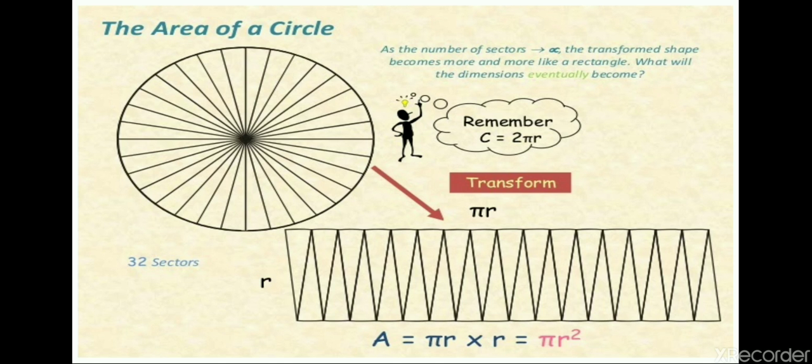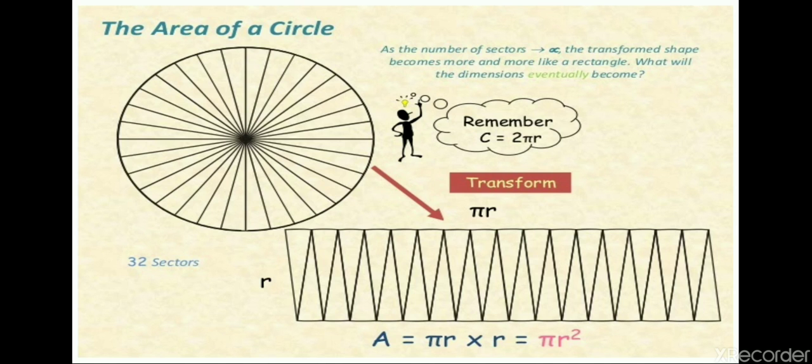Now the area of a circle. The area of a circle is pi r square, where r is the radius of the circle. You can see in this figure, this circle is divided into many sectors and arranged in a manner so that it looks more like a rectangle. We know that using the area of a rectangle, length into breadth, we can find the area of the circle, as the length will be the perimeter of the semicircle and the breadth will be the radius of the circle.